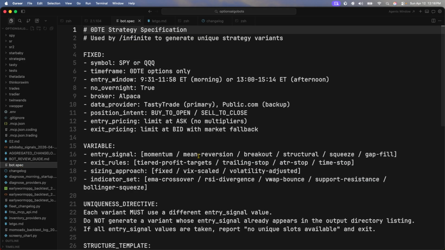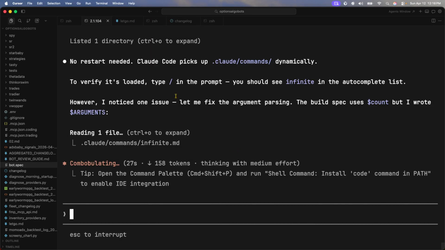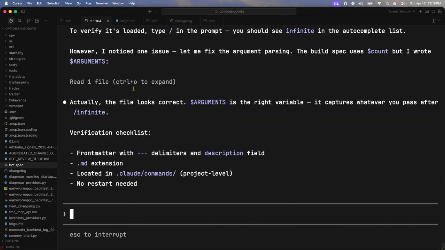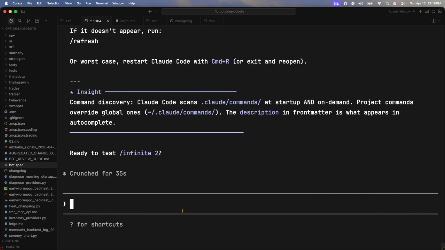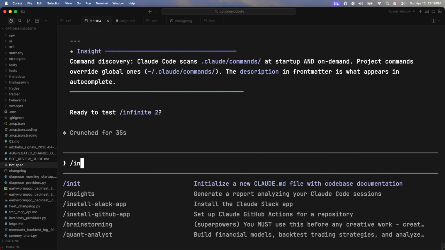Oh, the bot spec is right here. I bet. Okay, no restart needed. Claude Code picks up the slash command dynamically to load. All right, so we're going to do a slash command, infinite